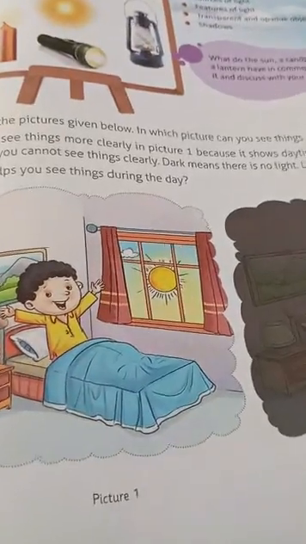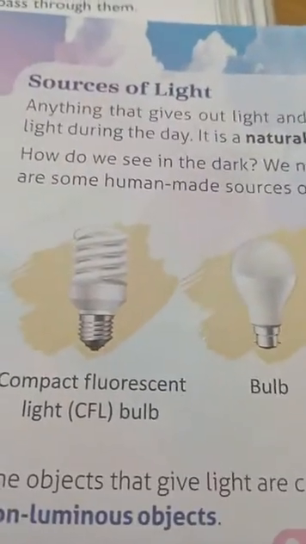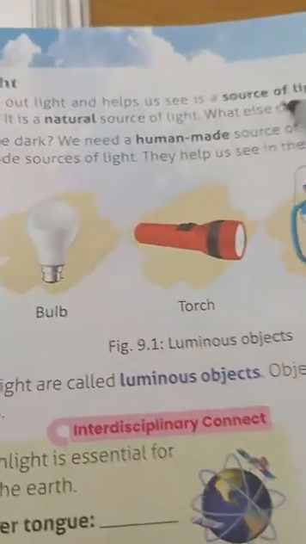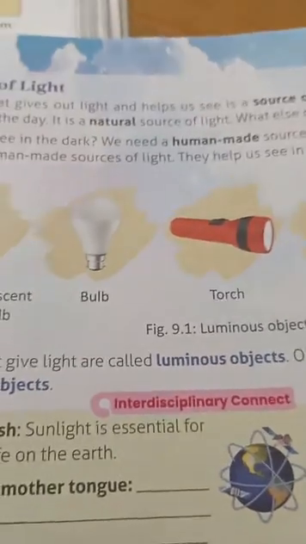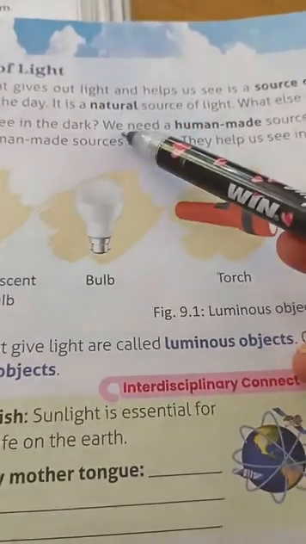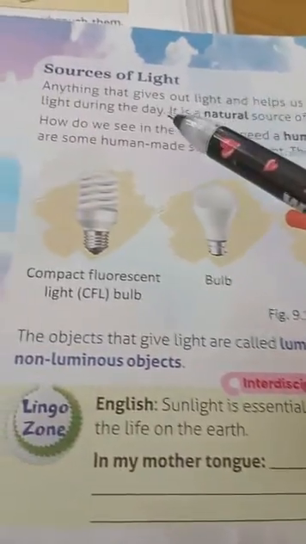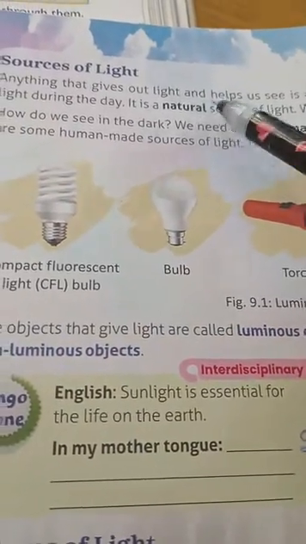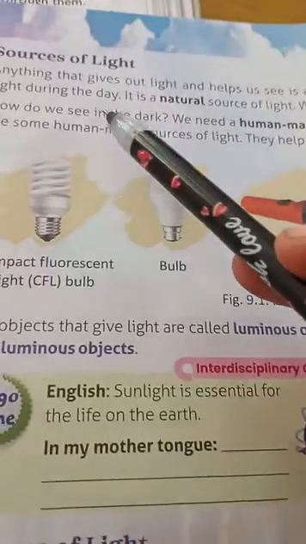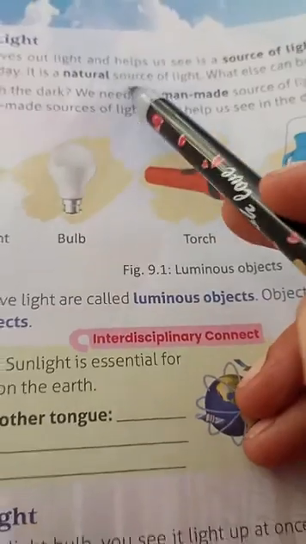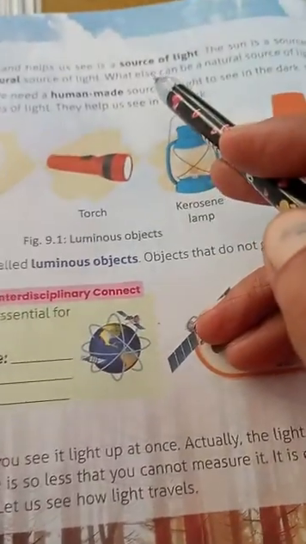Okay students, now sources of light. What are sources of light? Anything that gives out light and helps us to see is called a source of light. There are two types of sources of light: natural sources of light and human made sources of light. The sun is the natural source of light during the day. Okay, we can see all things clearly during the day by the sun. The sun is the natural source of light, but where there is no light,